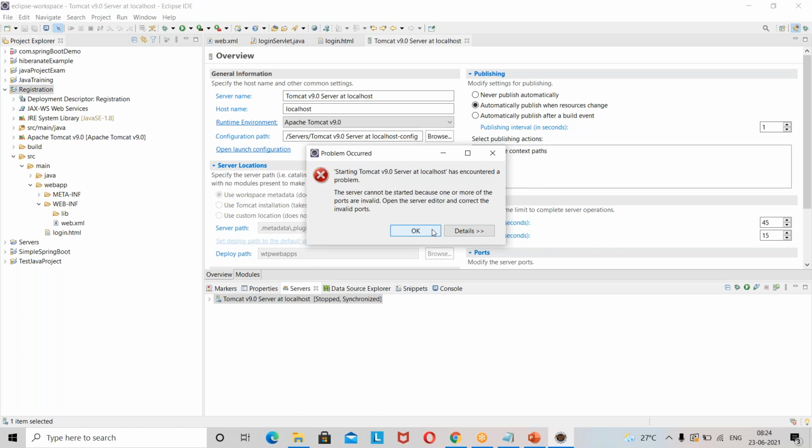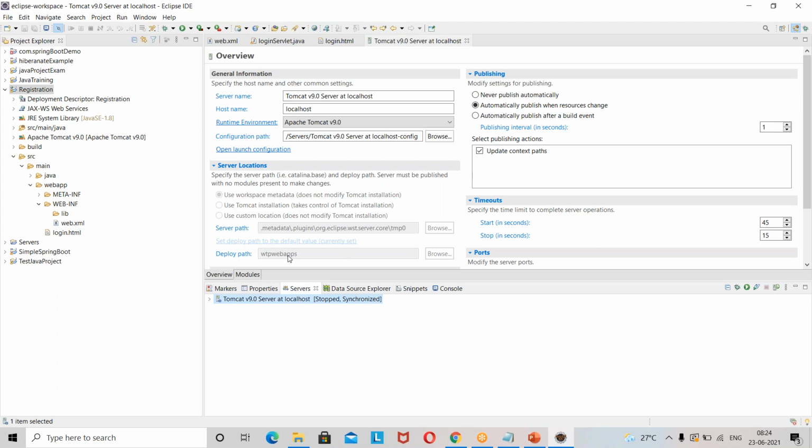Open server editor. It is saying some invalid ports.